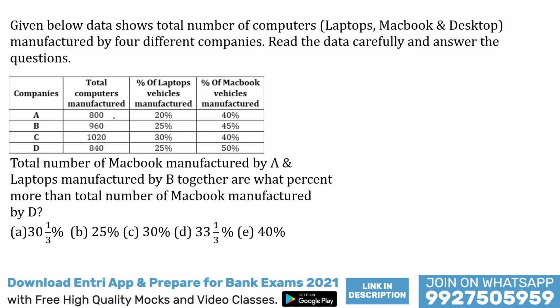Okay, so 800, so 20% of 800 is what, guys? This is your 160. Here will be 160 and here will be 320. So what I will suggest is, if you have a short data or short table, complete your table first and then start solving the question. In the same way, guys, 1 by 4 of this is 240. 45% of this means 480 minus 48. So this will give you 432, guys.